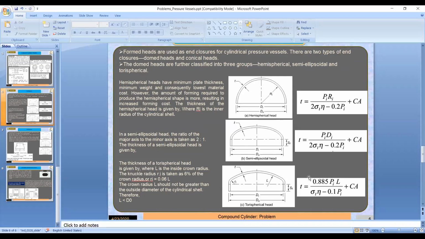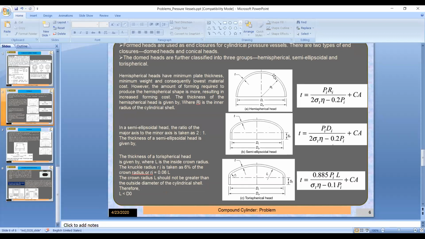And in the next class, maybe I will be starting the tribology chapter. That will be the end for my side. Already I have covered all types of gear, and the pressure vessel I have completed today. And KB sir is already taking brake and clutch, maybe he has covered those things. From my side I will cover the tribology portion, that means wear, friction and lubrication, bearing. So do you have any other questions?